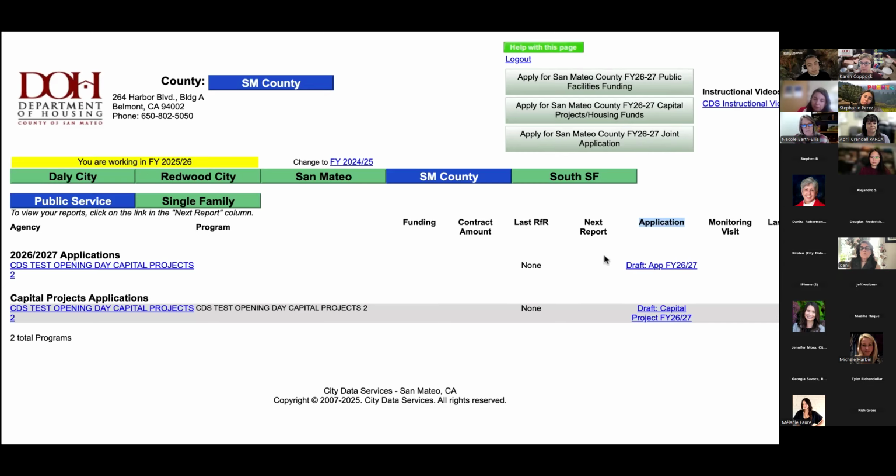If you want to apply for a program that is already existing in CDS, but you want to apply for a new contract for that existing program going forward so that it continues to exist in the new fiscal year, you would use the link that is associated with the program. Any questions on that conceptually? Does that make sense?